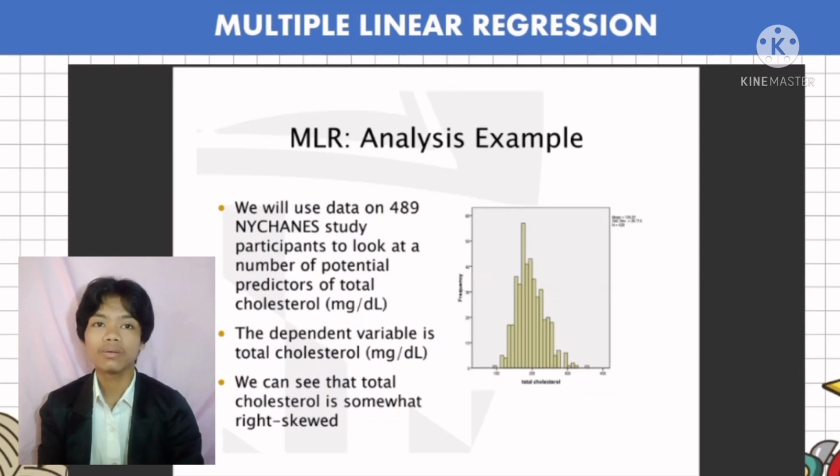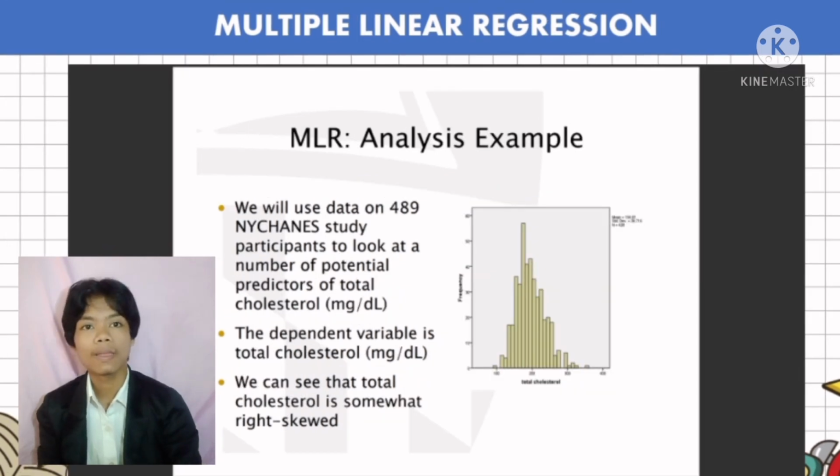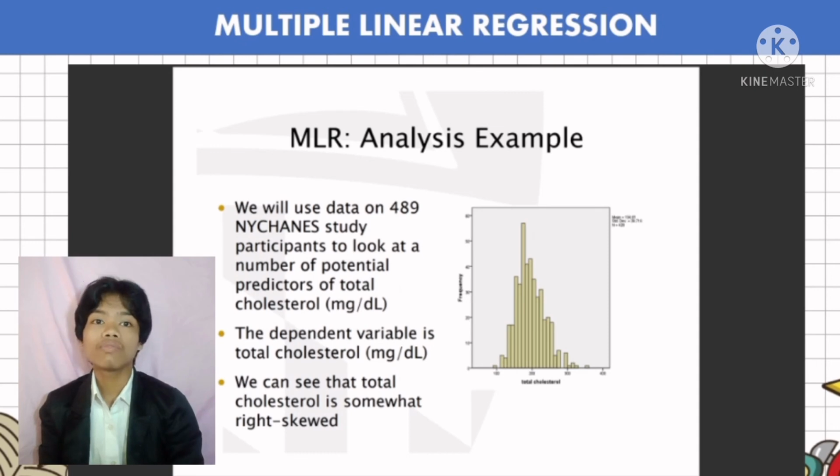So we have this analysis example. We will use data on 489 study participants to look at a number of potential predictors of total cholesterol. The dependent variable is the total cholesterol, and we can see that total cholesterol is not normally distributed. To correct for this